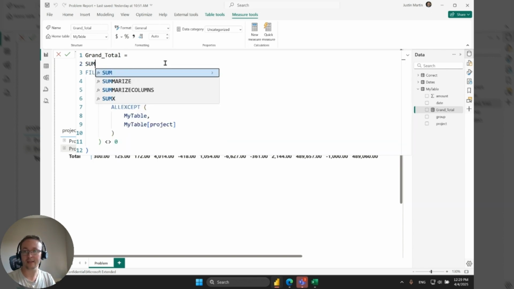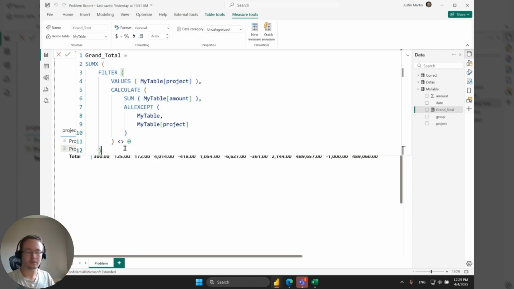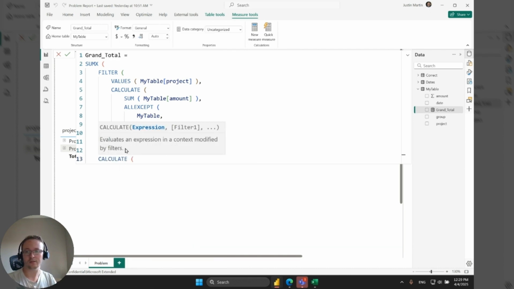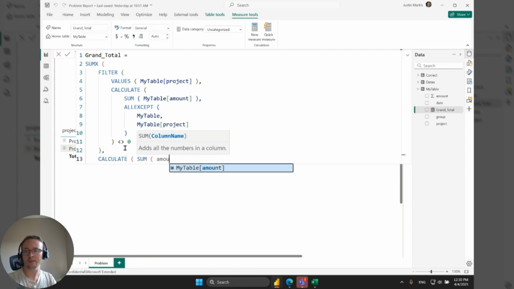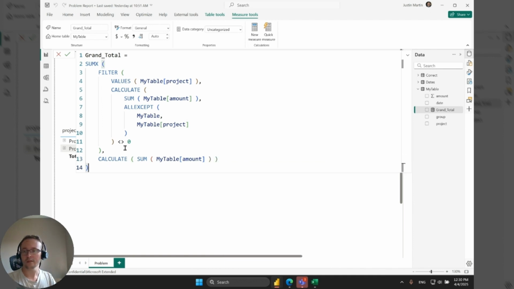One, we can just then iterate once more over this list of projects, and the expression we want to sum then is just all of the amount. Oops. Calculate the sum of the amount of these projects. And again, we need to have that wrapped in a calculate. So as we're iterating, it will change the filter, the row context of this project to be the filter context. And if I click submit,